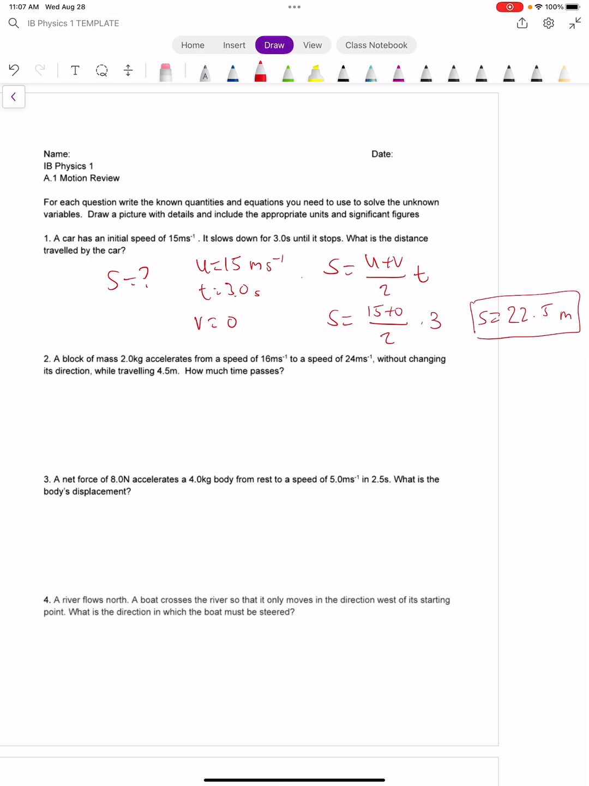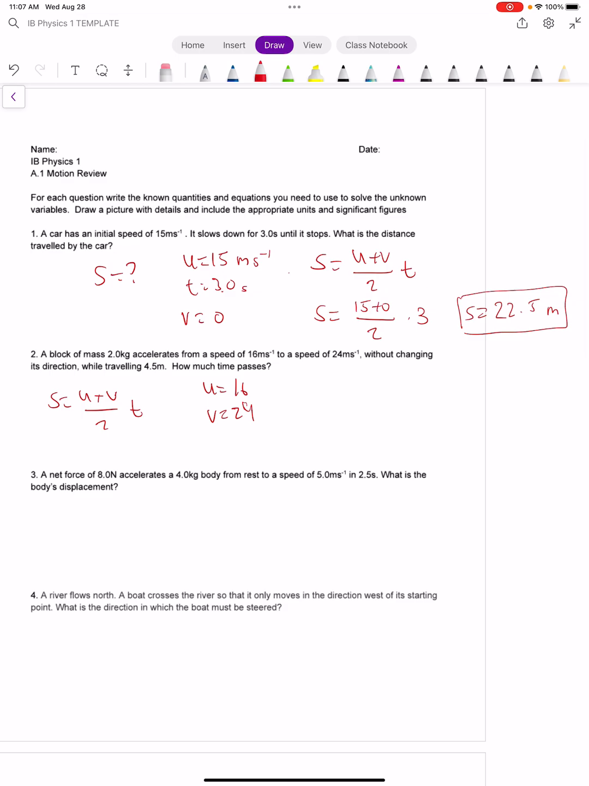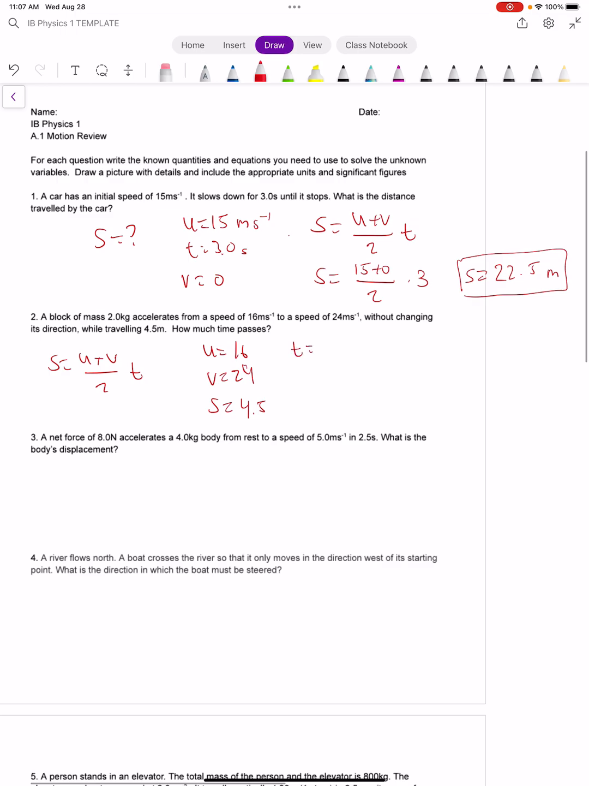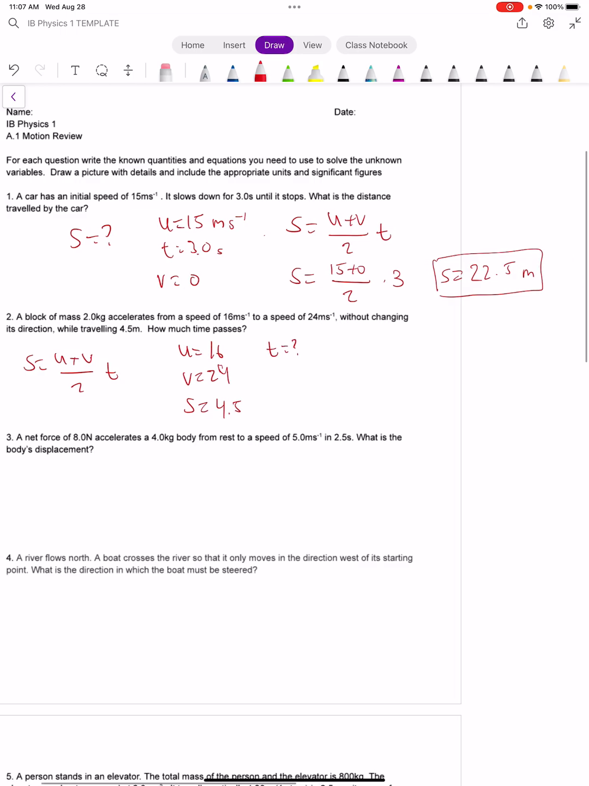Okay. A block of mass 2 kilograms accelerates from a speed of 16 meters per second to 24 meters per second without changing its direction while traveling 4.5 meters. How much time has passed? So we're going to use the same equation. We're going to label our knowns. So we know the initial speed and we know the final speed. I'm just going to write the numbers for here on out. Okay. And then we know the distance, but we don't know the time. So I'm just going to plug in my values,